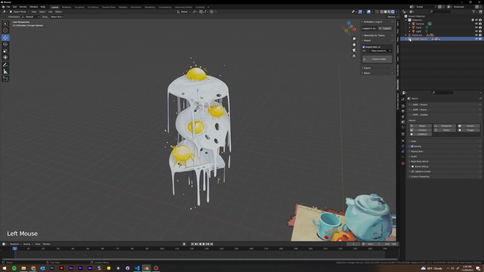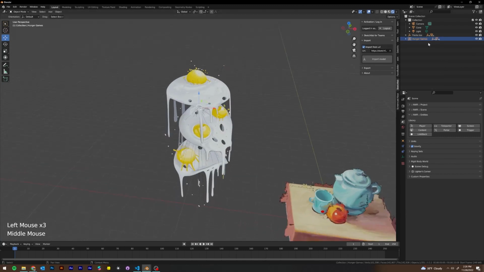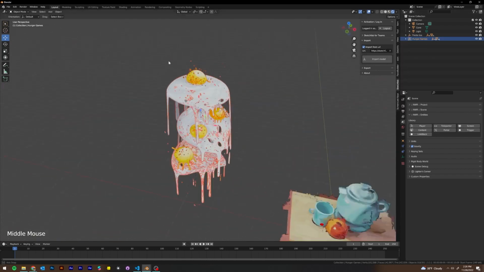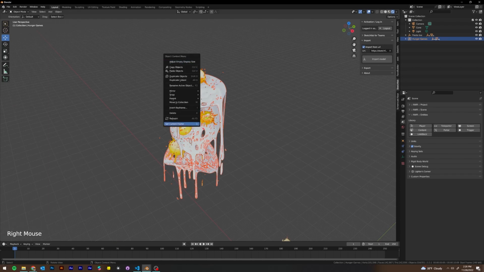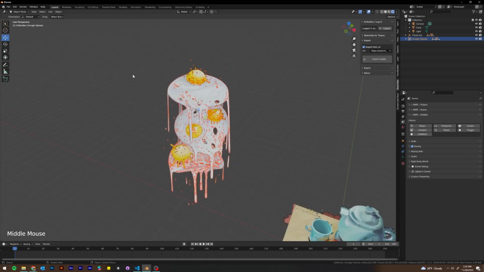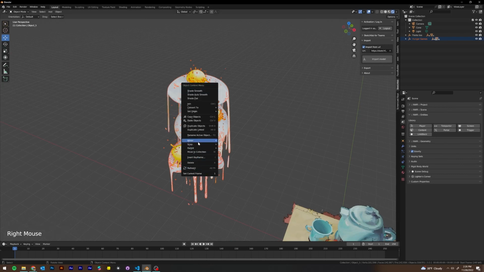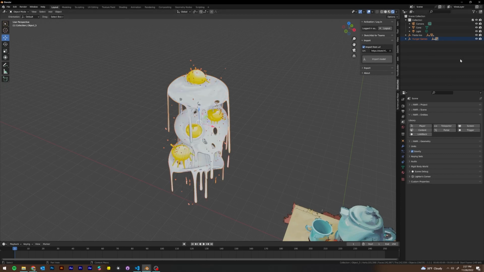So in order to make decimation easy, I'm going to try merging all of these meshes together. I'm going to select the hierarchy, and I'm going to join them. So I need to click on a mesh. Okay, I'm going to join them. I click either Control J or right click, join. And this should all come down to one mesh now,